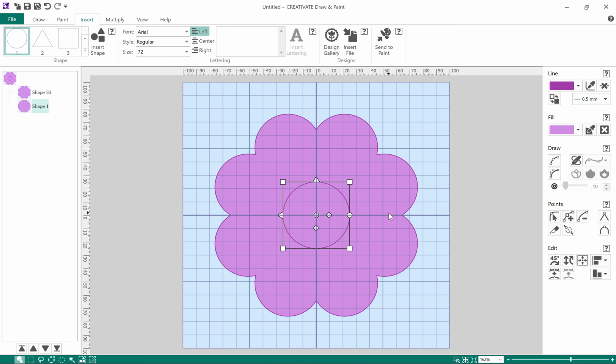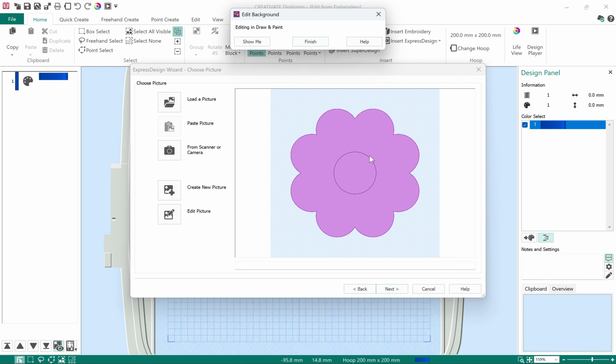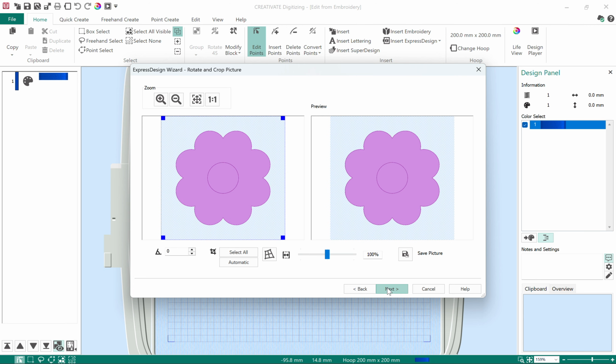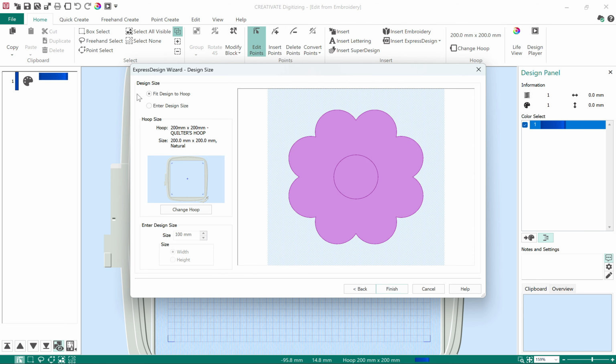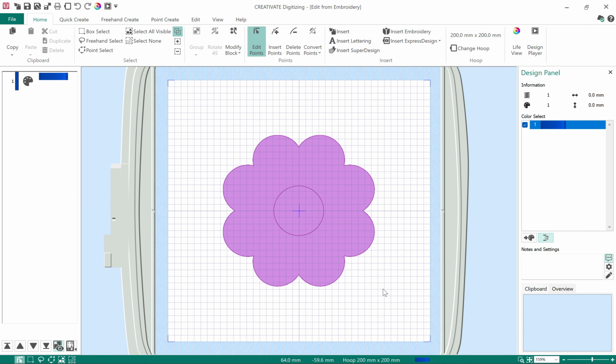Now this is not an applique, this is not embroidery, this is simply a design that I can use to create the design. We'll go over here back to the Digitizing module. So you have to move back and forth between several modules, but there is my picture that I just created. Close that Draw and Paint, and then it's going to ask me a number of options here. The one thing I really want is just to change that size to bring it into the 152 millimeters approximately. Finish, and now there is that shape in my Digitizing module, so all I have to do is to digitize